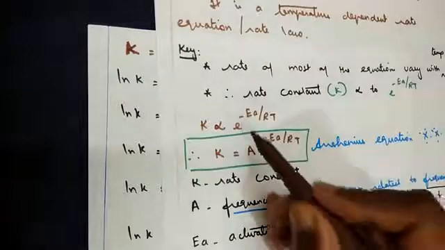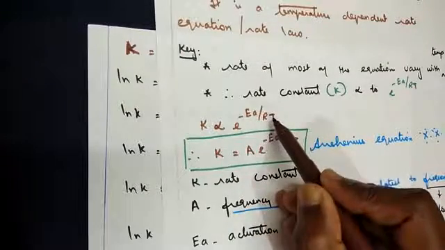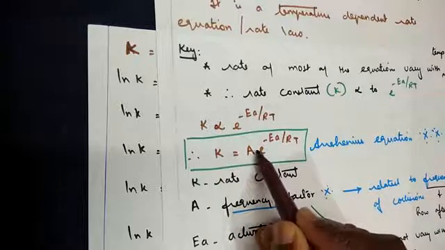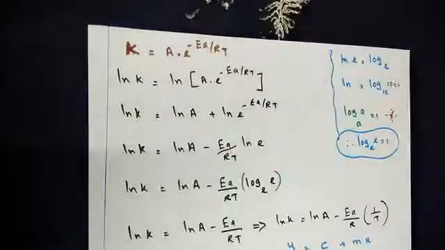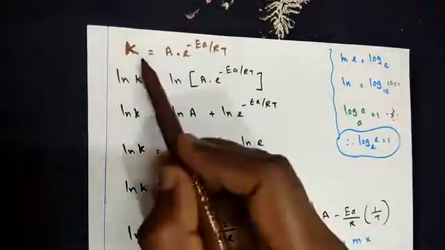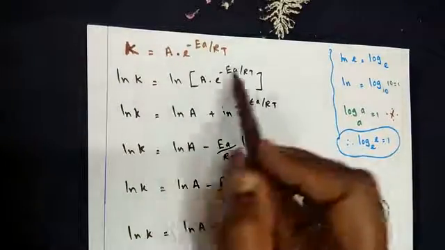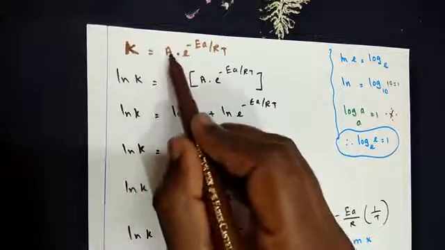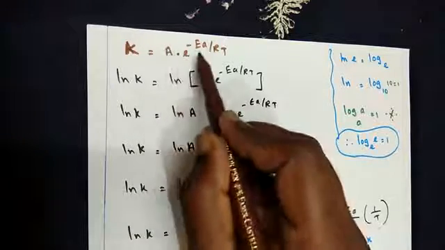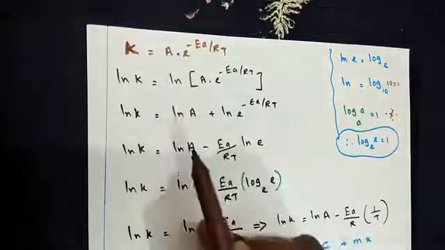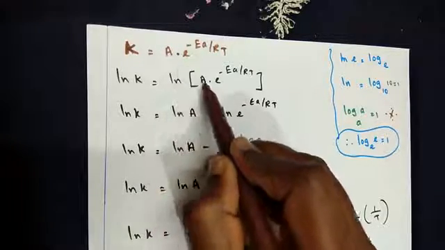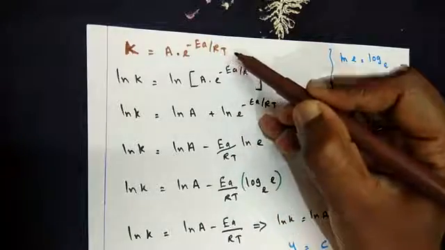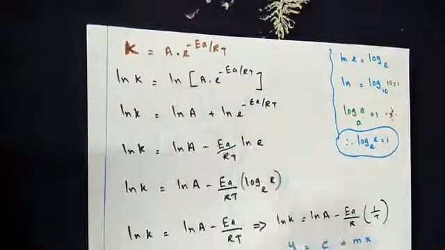You understand? E to the power minus Ea by RT is a different term. The proportionality sign is replaced with a multiplication sign, so there is a multiplication sign in between them. There is a point in telling why I am saying that. So taking a natural log of the whole term, ln k is equal to ln of A into e to the power minus Ea by RT. Natural log is common for both the terms, and that's why I kept a dot in between to tell you. In the Arrhenius equation, I'm taking a natural log for the whole term.